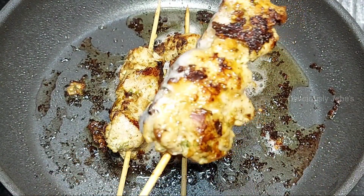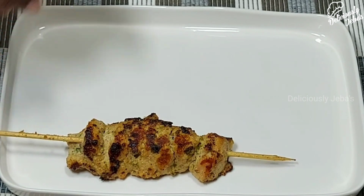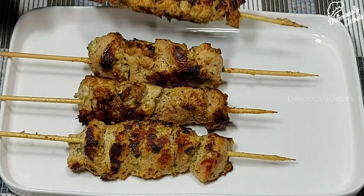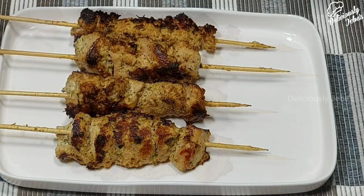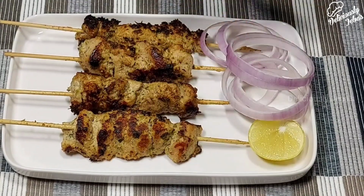Once it's evenly browned on all sides, remove from the heat and serve it hot on a platter as an appetizer or as a side in a meal, along with an onion salad, a lemon wedge,